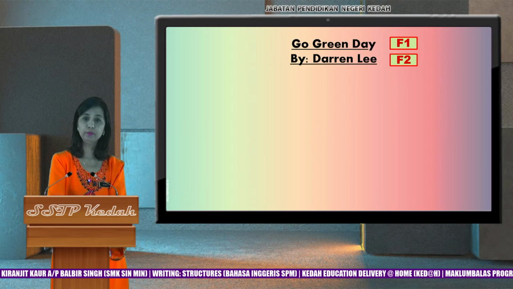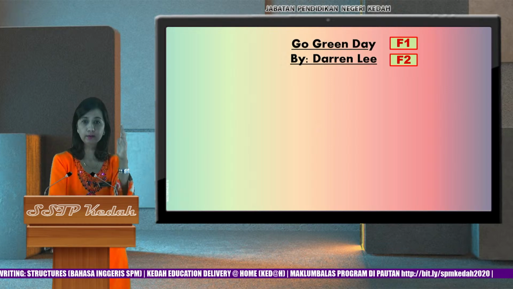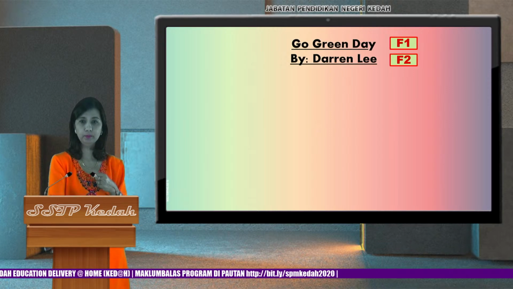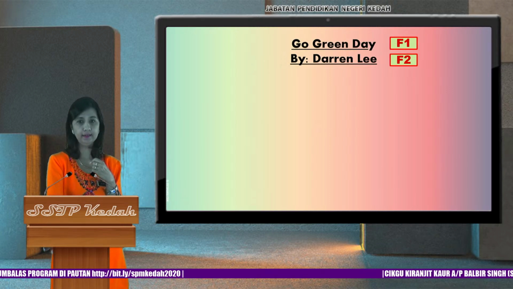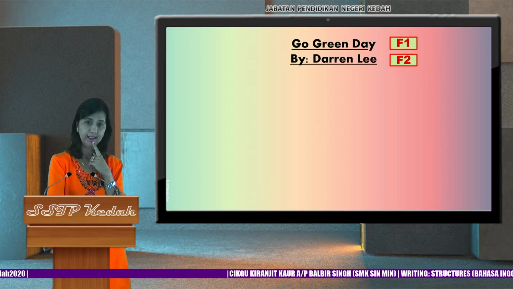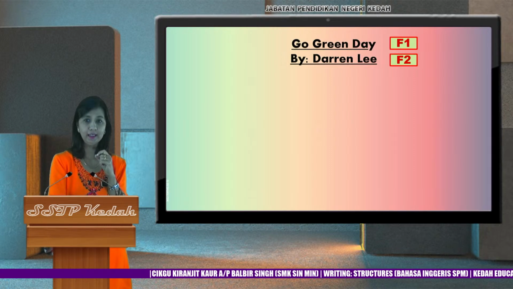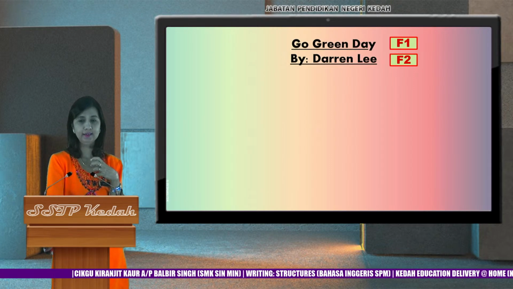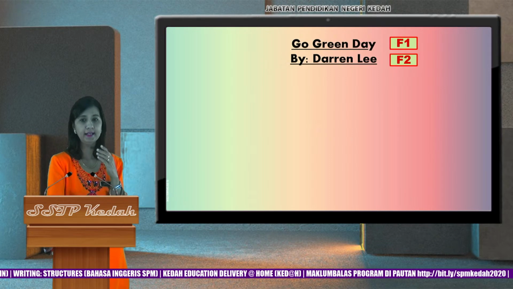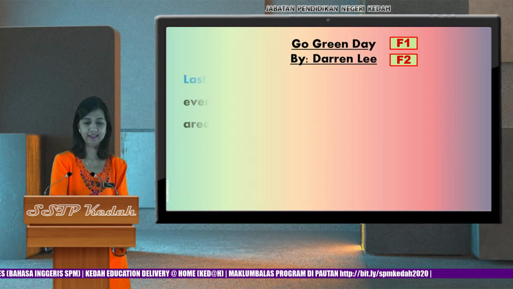Now, if you look at some reference books, the writer's name is written right after the whole article is written. You can do that as well, as long as you have the writer's name somewhere, you get your format 2. My advice is to write the writer's name right below the title. Why? Because sometimes in a form of panic, nervous, sitting for an important exam, you may forget to write the writer's name. So to be on the safe side, write it down just below the title. Right. Let's go on.